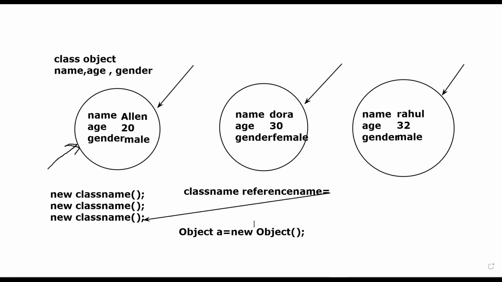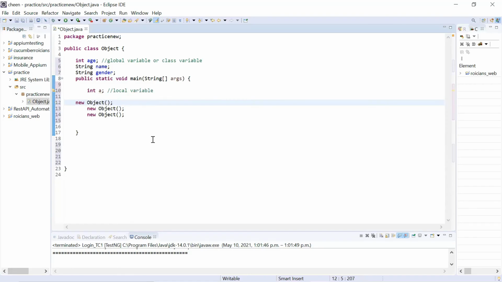So let's discuss the complete syntax to refer the object. Here we will be writing name of the class, in this case, it is object. Reference name, let's say obj, assign new object. So with this, I have created a memory area with these variables. And with the help of this, I can refer and access this memory area. Guys, objects can be accessed only with the help of reference. You cannot access objects otherwise. It's just with the help of reference.